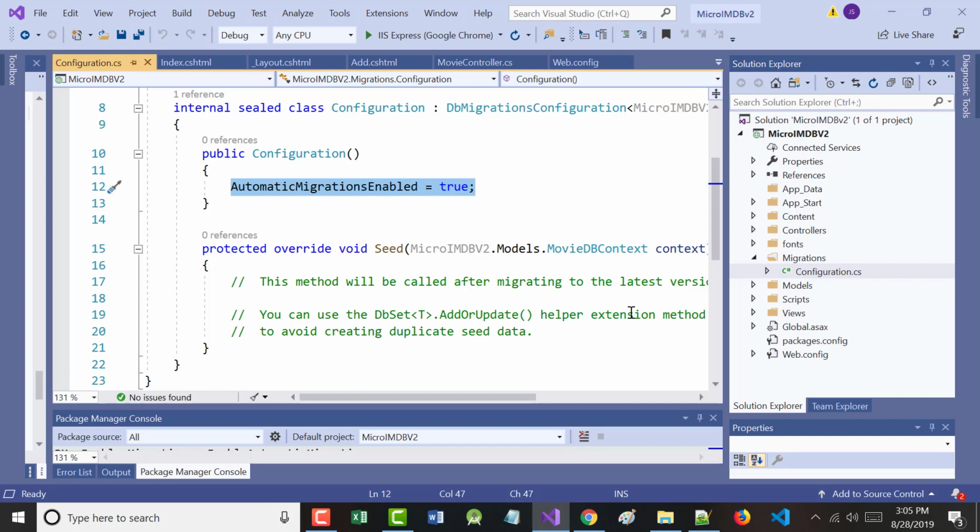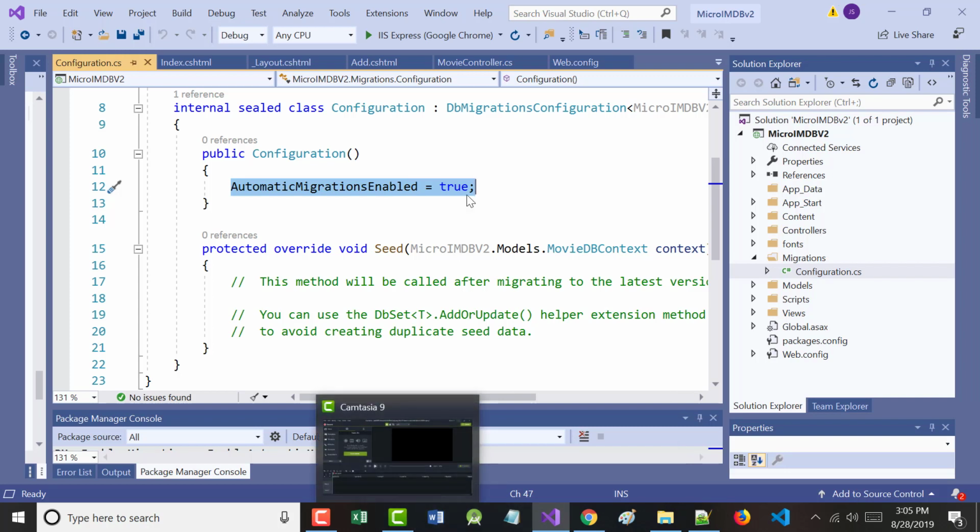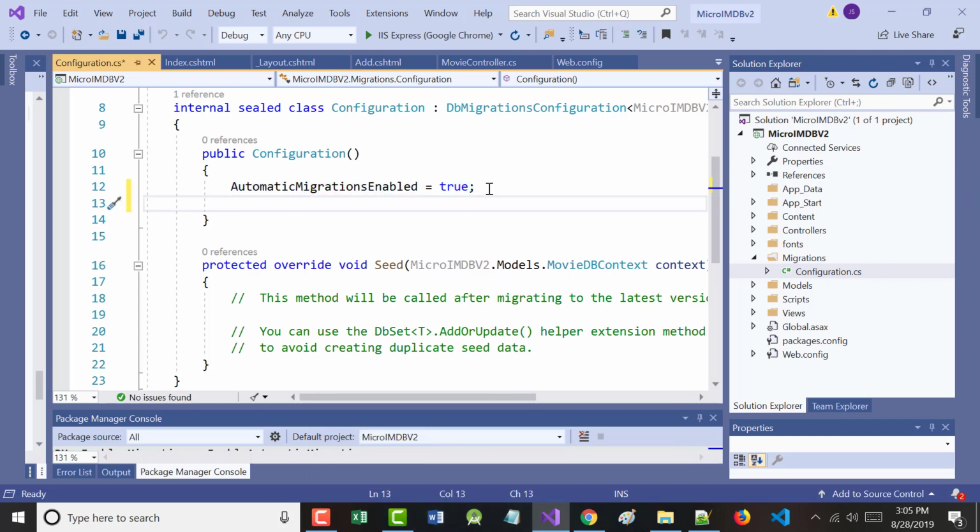All right? Mine's already in there. Yours might already be in there. No, I'm sorry, that's the migrations enabled. So what we want to add underneath that is data loss allowed is true. See this? So you'll have these two lines